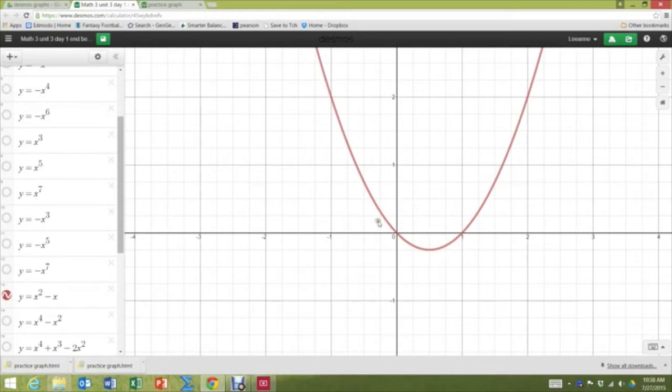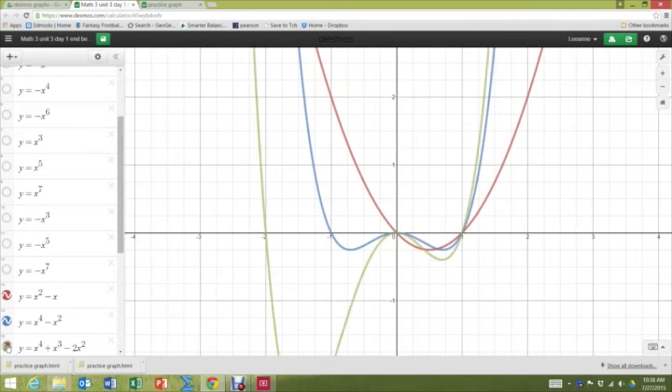This one does cross the x-axis and come back, where all the other evens, like the monomials, they were all in the positive. So this little piece of subtraction is making the graph a little bit lower. It's also shifted with the vertex not right on the y-axis. And so there's lots of things we can talk about later. What we'll really be finding out later is about the x-intercepts, but they probably are not going to notice anything about that now. If we add another graph, this x to the 4th has some interesting stuff going on,